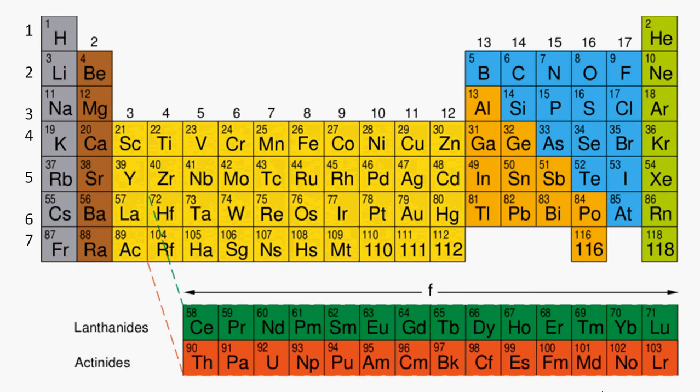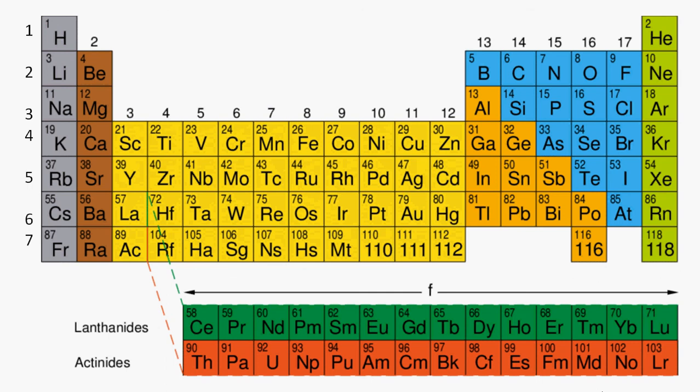Now let us summarize what characteristics we have studied so far. You can see the first column, the first group with purple shade. They are the alkali metals. Then in brown color there are alkaline earth metals, on the left side. Then in the middle portion, in light yellow, you can see the transition elements in the middle of the table.